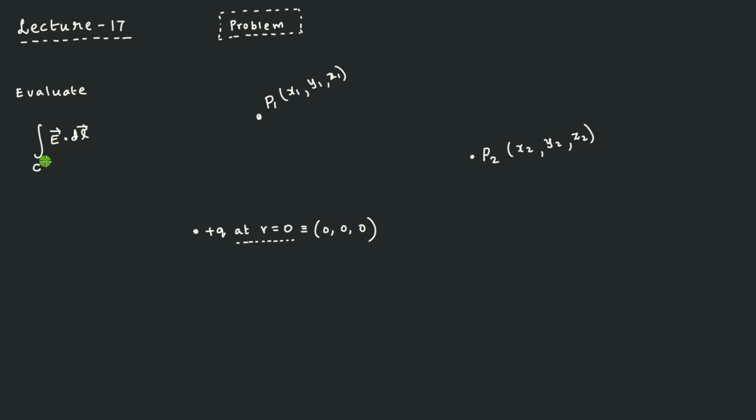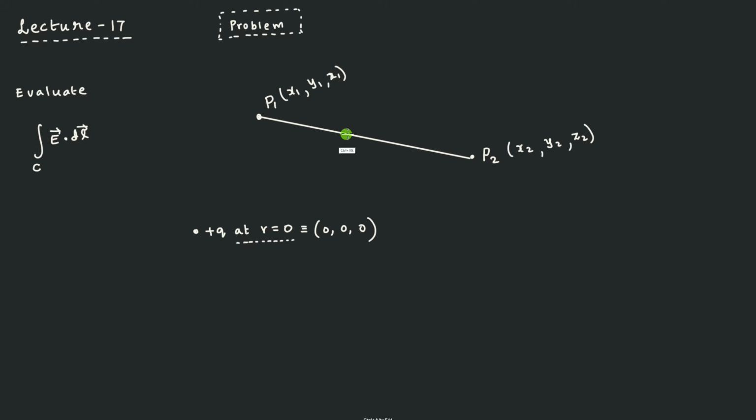What you want to integrate is E dot dl, E being a vector quantity, and the meaning is clear: E is the electric field generated by plus Q. Because there is a charge here, that will generate an electric field, and therefore you have an electric field vector. dl is the path, so the contour C should be provided to you. So let us now draw the contour given in the question paper. It is like this. You take a straight line joining these 2 points.